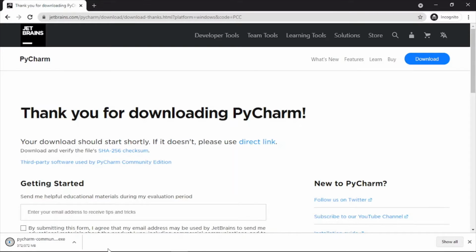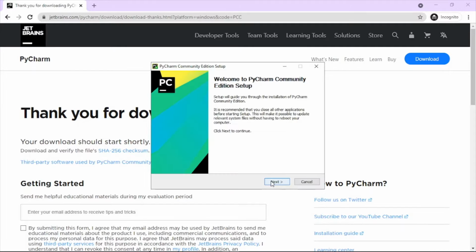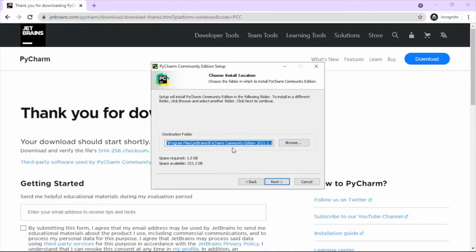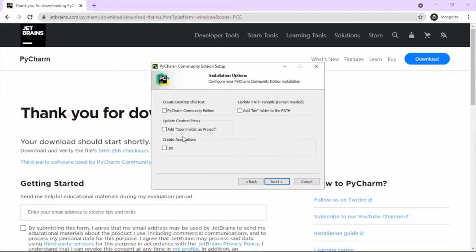Now PyCharm download is completed. Click on downloaded file to install PyCharm. It started installing. Click on next. You can change a path. I will keep default one. Click on next. Now you can configure your installation options like creating desktop shortcut, add open folder as a project,